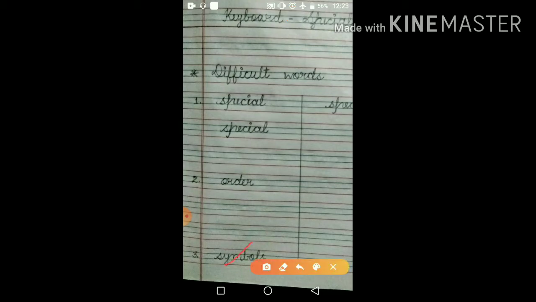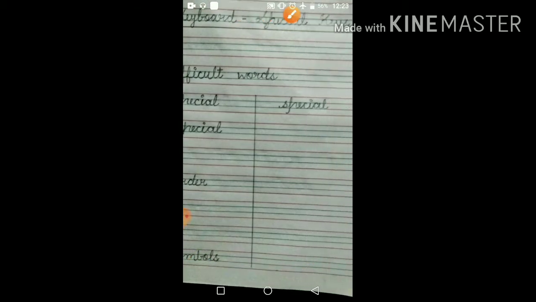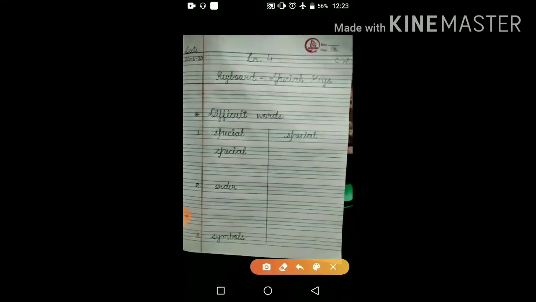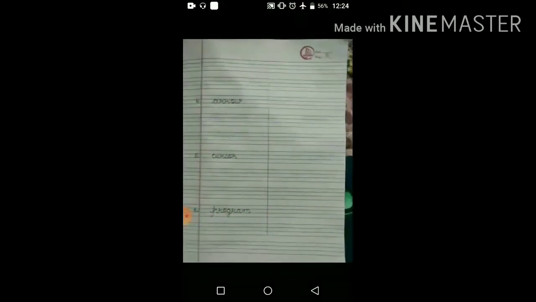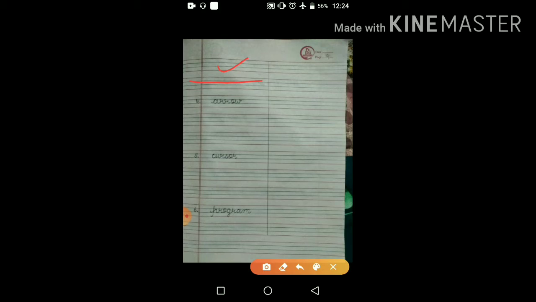First time here, then second time here, and third time on the next page, because I don't have enough space here. If you have space here, then you will write here, and if you don't, then move to the next page. Here I will write the third time of the third difficult word, then I'll leave one line. Same way you will do.